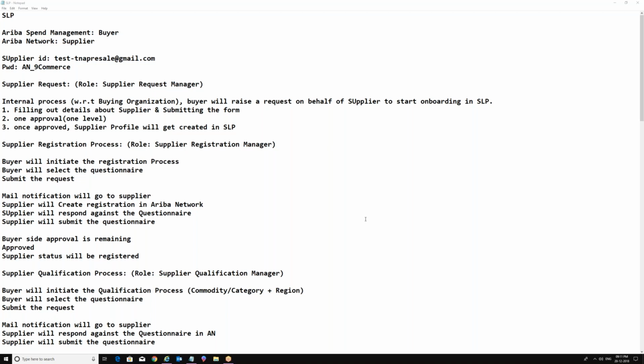Once the form is submitted, there will be one approval, and once it is approved, the supplier request process is done. Then a supplier profile will get created in SLP. That is called the supplier 360-degree profile.